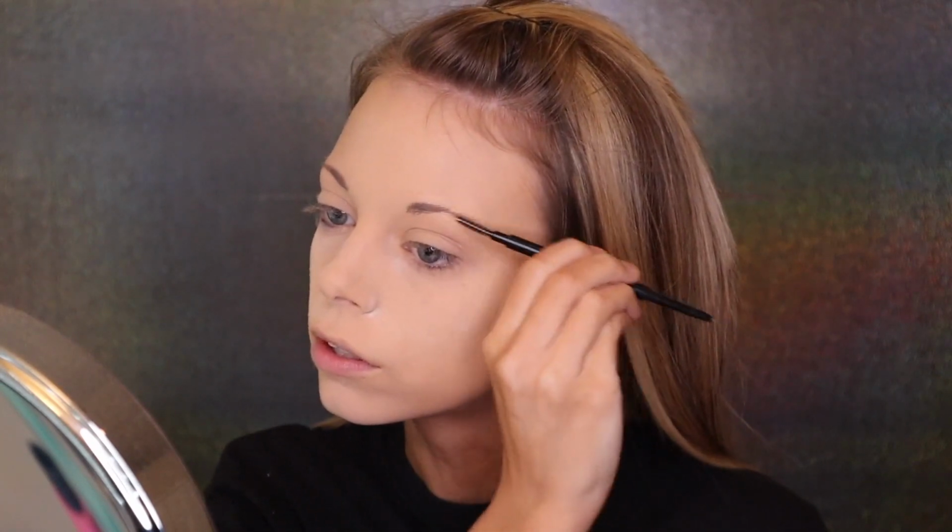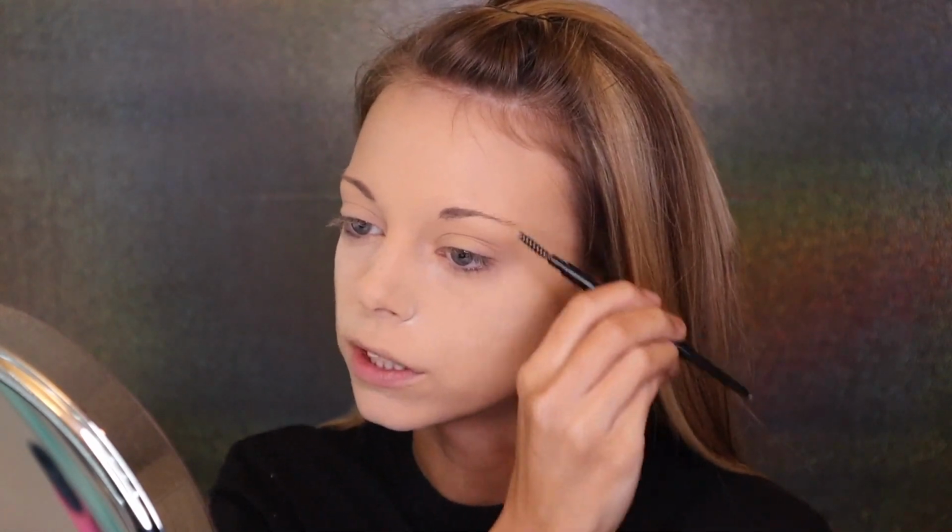Oh, oops. Brush through. Y'all, I hate my eyebrows. I'm so mad at myself that I overplucked them because I had big, bushy eyebrows that if I had just left them alone, oh my gosh, I would not have to deal with this. Okay, so I'm just gonna...